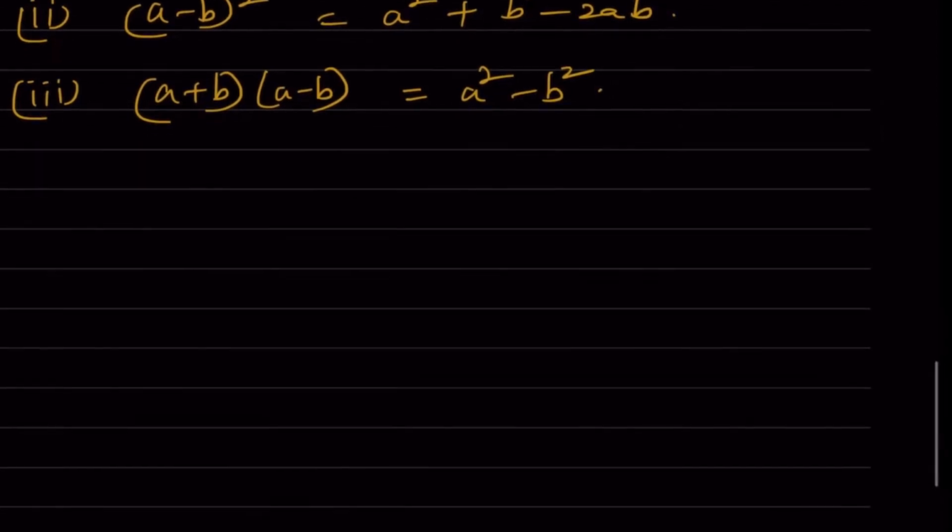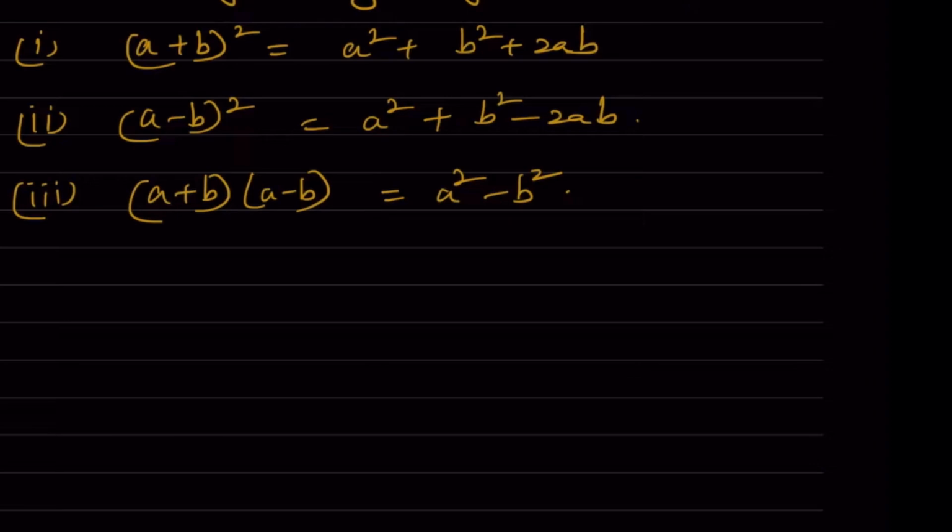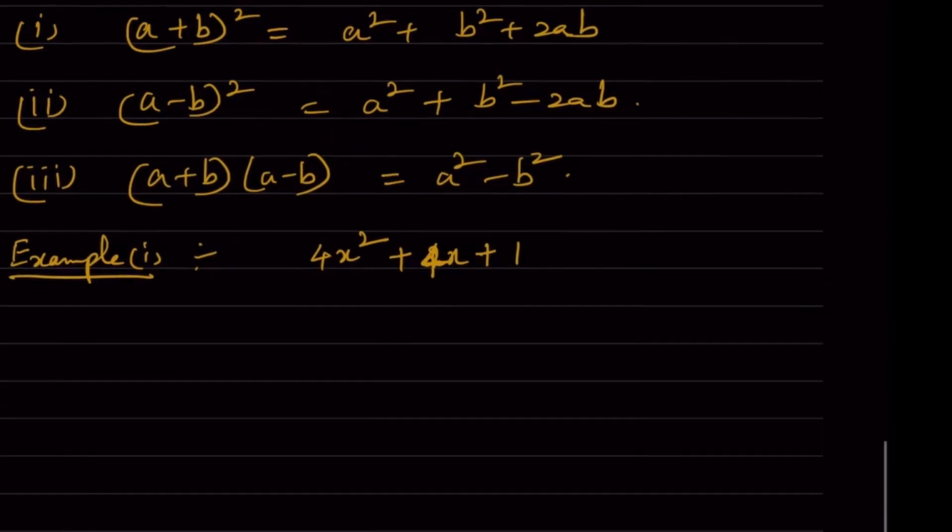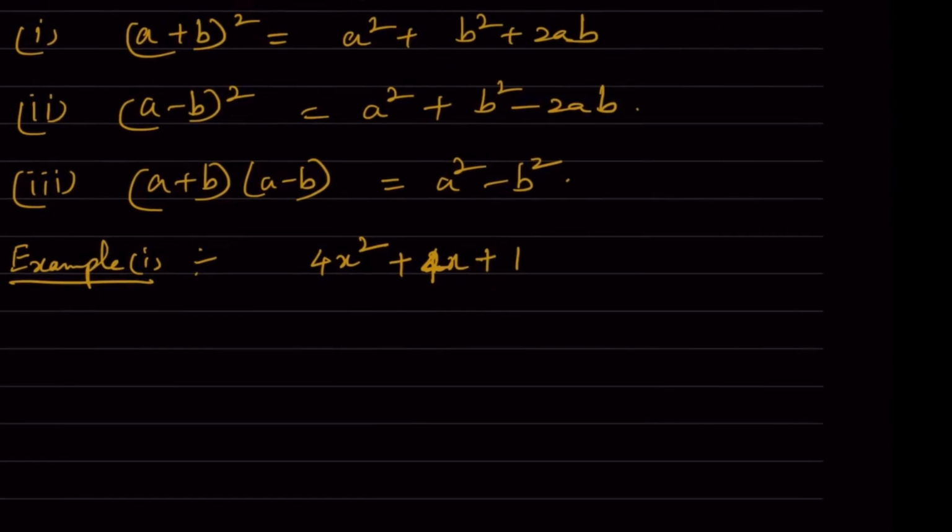So what are the examples which we have for this? We will see. For the first one, example 1, we are taking 4x square plus 4x plus 1. This is the first example. To make it a perfect square, we will be using one of these algebraic identities. Which algebraic identity do we use for this? We'll just see. 4x square can be written as (2x) whole square,